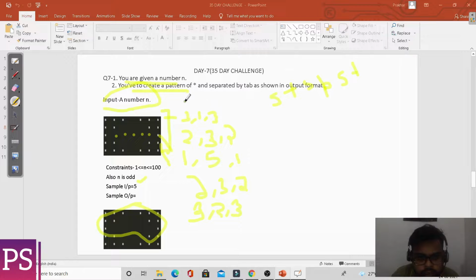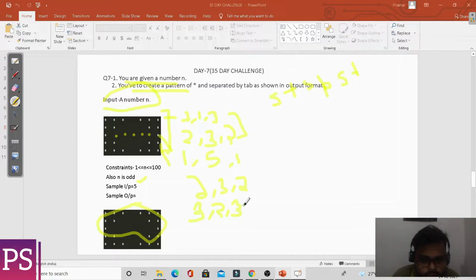In the first part, spaces are increasing and stars are decreasing.